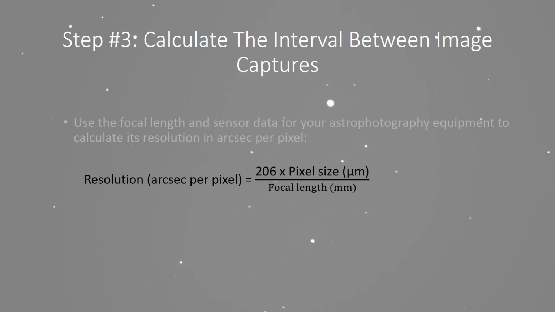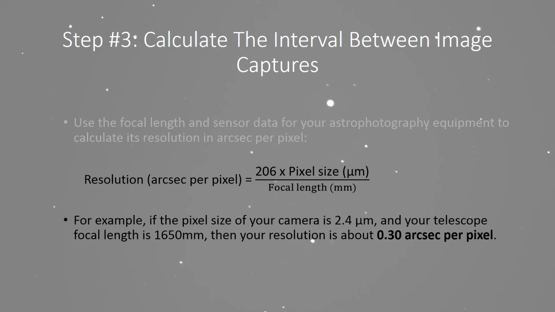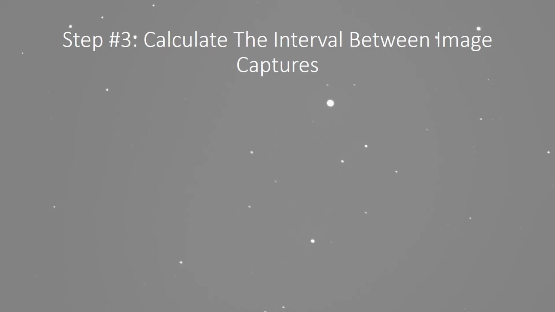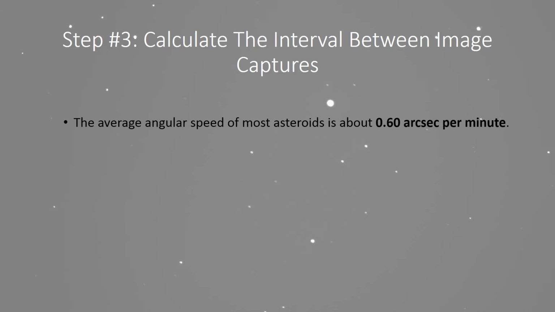focal length in millimeters. For example, if the pixel size of your camera is 2.4 micrometers and your telescope focal length is 1,650 millimeters, then your resolution is about 0.30 arc seconds per pixel. Continuing with this example,